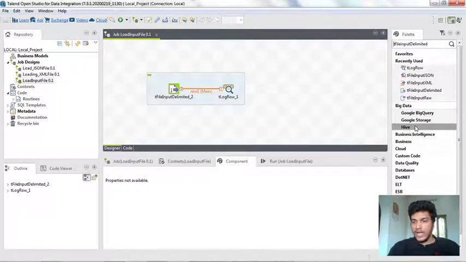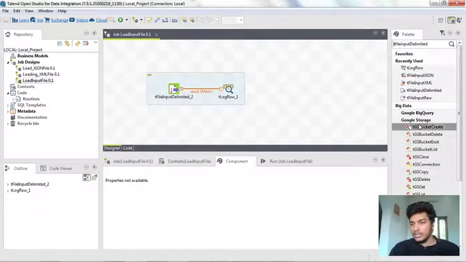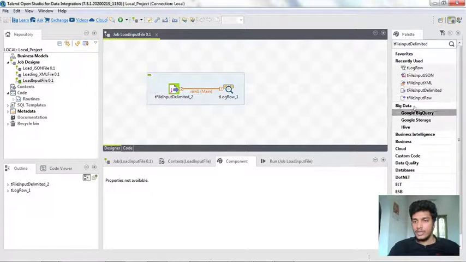If you want to deal with Hive, or Google Storage, or BigQuery, based on the subgroup you want to deal with, you will have separate components. If you want to deal with Google Storage, then you will have components like tGSClose for closing the connection, and tGSDelete for deleting the files. So this is how it is organized.